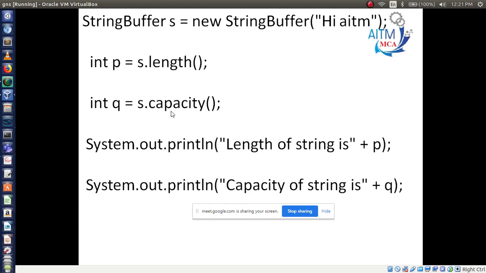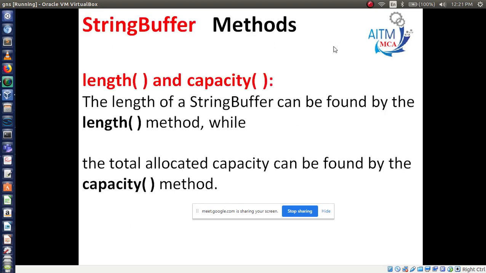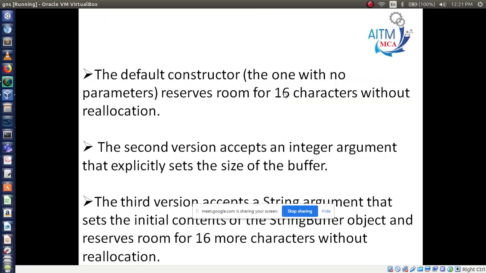Now coming to this point, capacity. Remember this one, capacity. I already told you the default capacity is 16, but here we are using a string. Original capacity of a StringBuffer is how much? I already told you, please remember this first line.